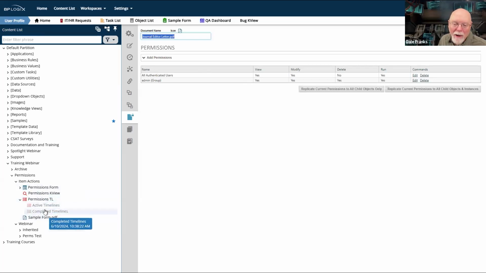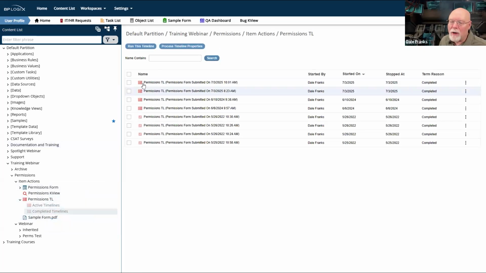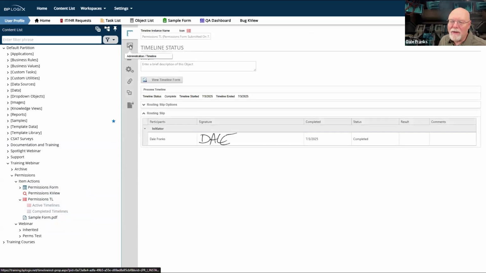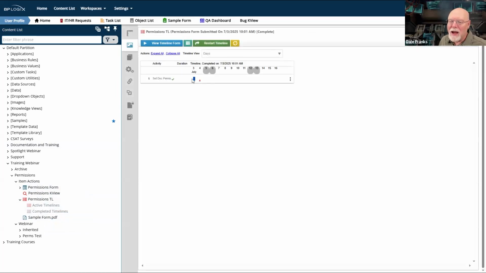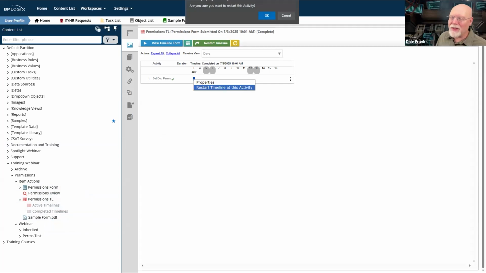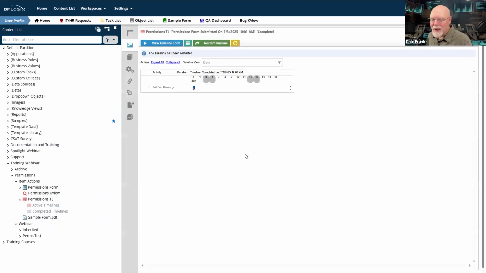So the only way back from this now, of course, is to go to each one of these individual process timeline things. And I guess I'd have to restart the timeline at this activity, which is going to get super tedious, super quick if I have 1,000 of these things.